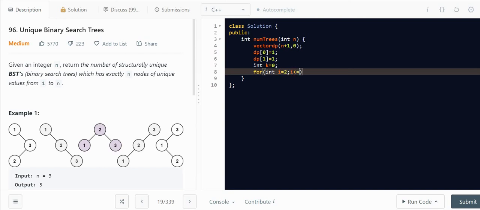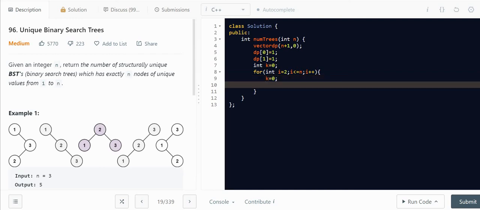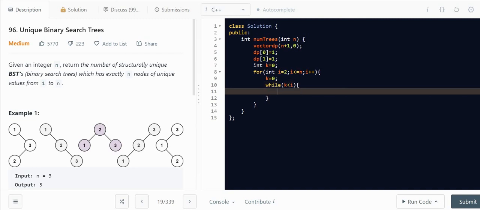So it should be less than or equal to n and i plus plus, and here your k should be initialized as 0 again. Then your while loop, k should be less than i. That time the while loop will run, and DP of i will be simply plus equal to.